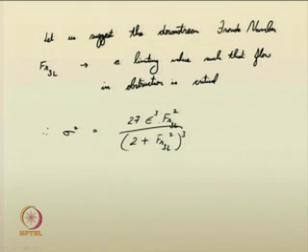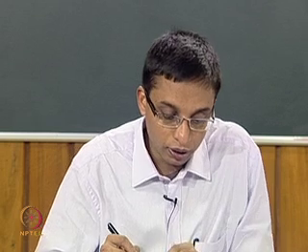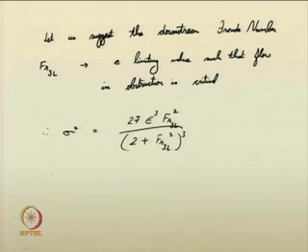So, this is the limiting condition that allows critical flow at the obstruction. So, therefore, for a given sigma, say B2 by B3,